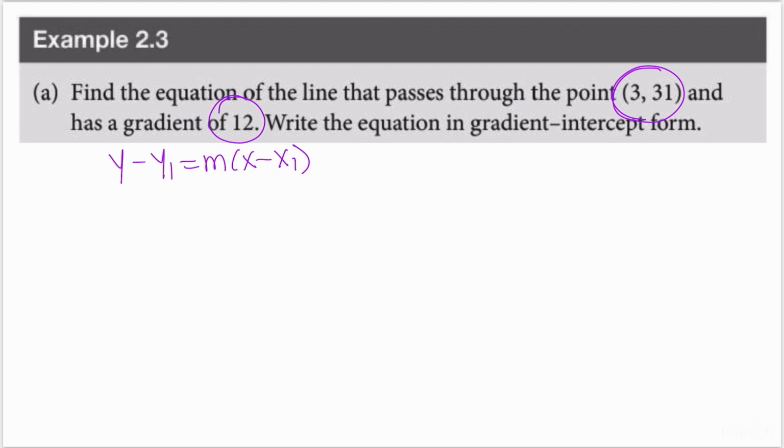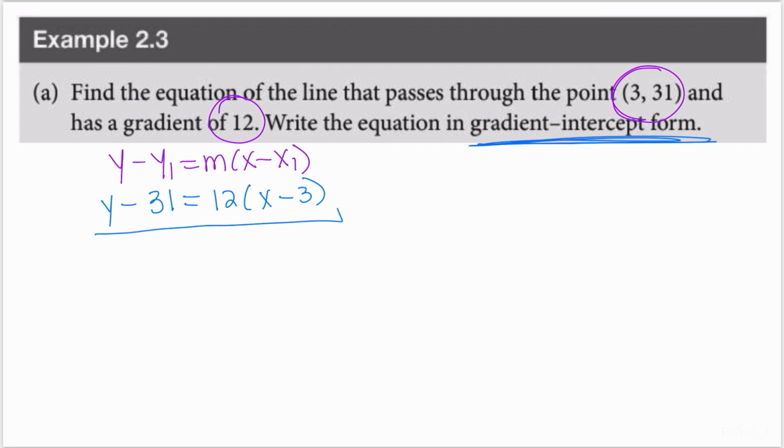Because they give me a point and I know the gradient is 12, I can go ahead and directly substitute into the equation. I'm going to replace y1 with 31 because that's the y value of my coordinate. M is the gradient, which is 12. X stays in your equation, and then you replace x1 with the 3. Had they not asked us for gradient intercept form, this right here would have been my final answer and they